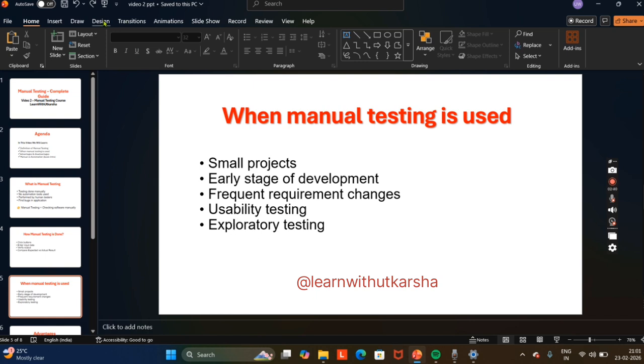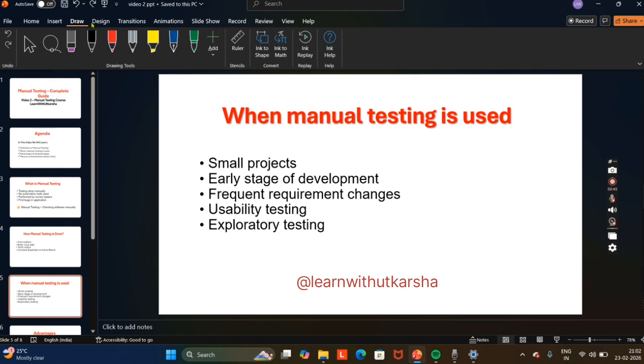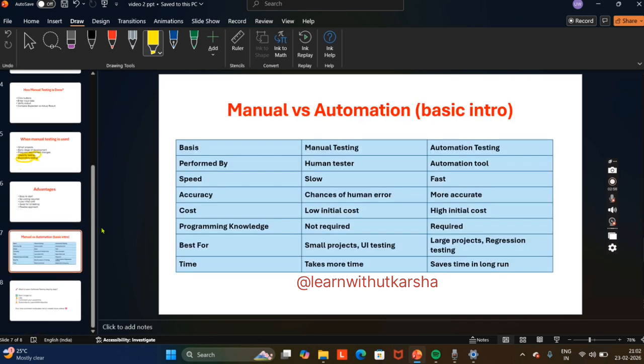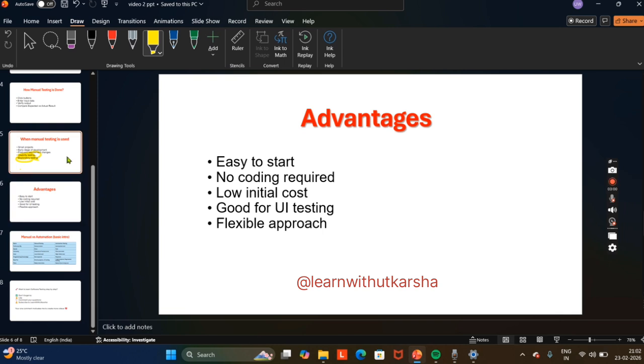I will explain in a future video what exactly usability testing and exploratory testing are. Okay, so why is manual testing mostly used? Because automation is not always needed, especially in short term or small projects, right? So that's why manual testing comes into the picture.